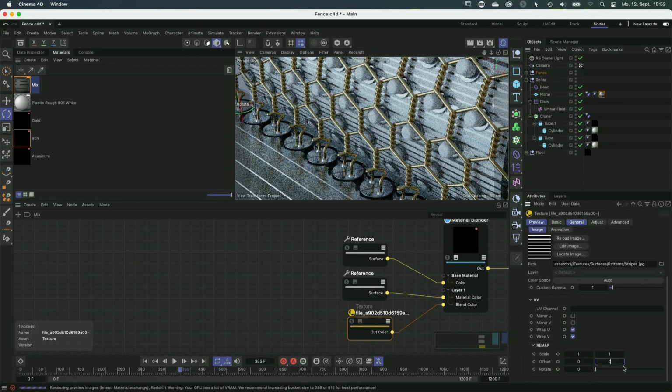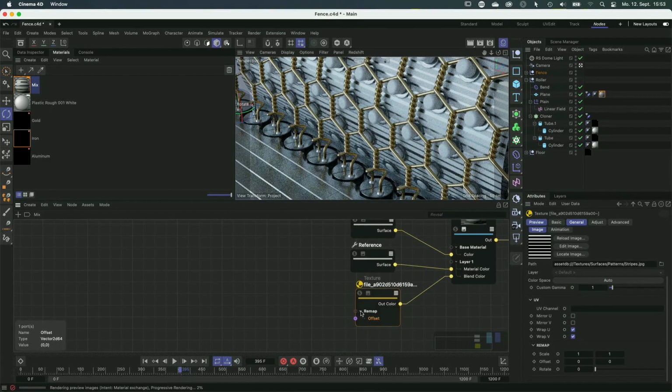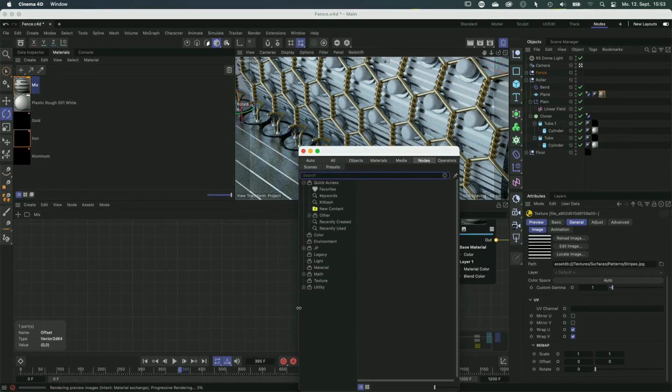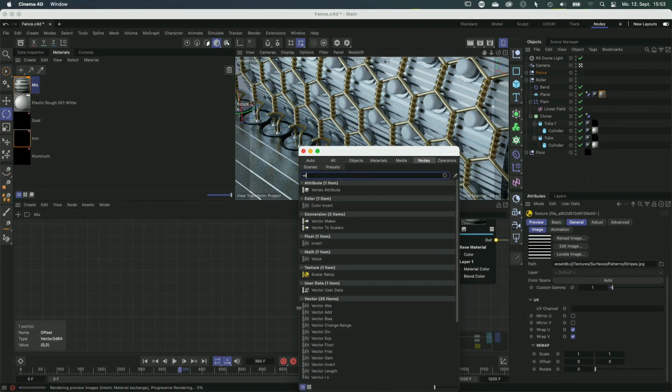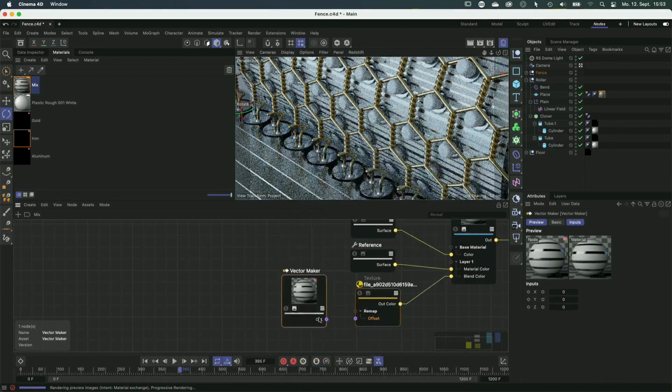And this is something I can use. So let me, what was the shortcut? Control click this one to bring up the offset parameter here. And the first thing I'm going to add is a vector maker. So a vector is basically